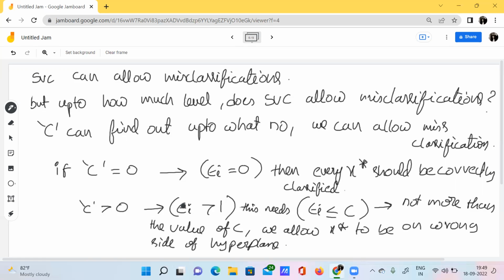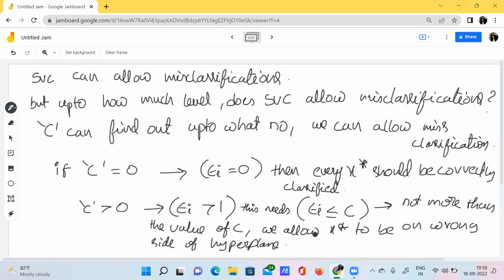So what does this mean? If our C value is greater than 0, the slack variable should be greater than 1 and the total should be within the tuning parameter C. Then, whatever the value of C is, up to that level we can allow misclassifications.